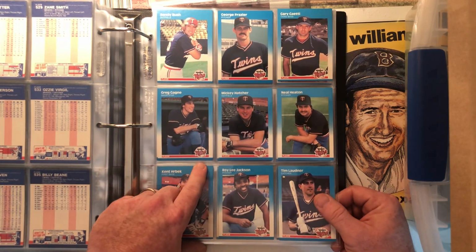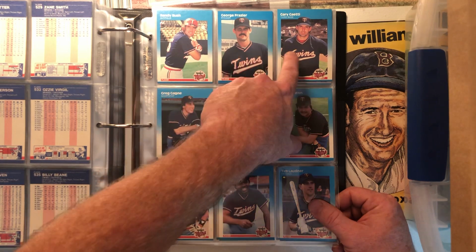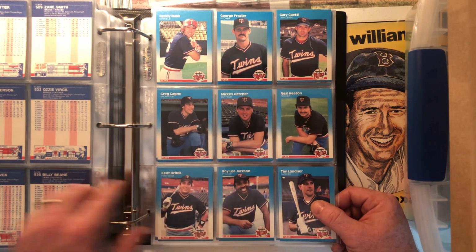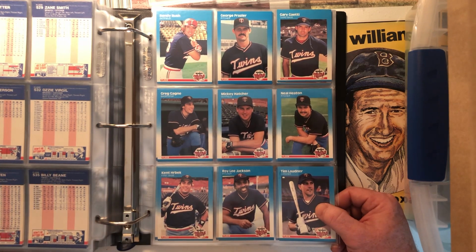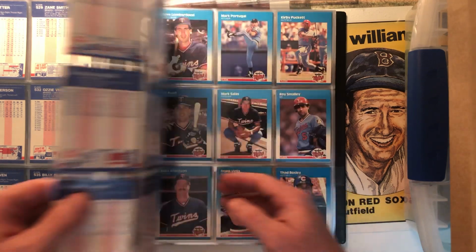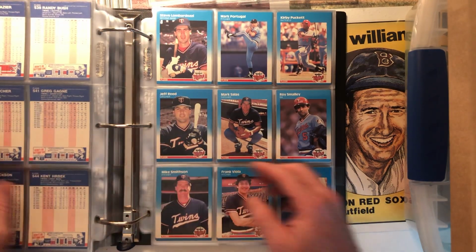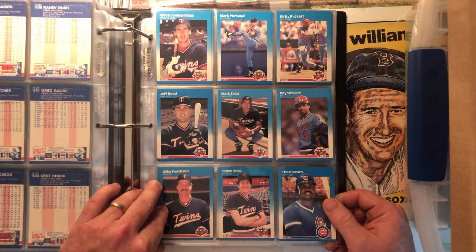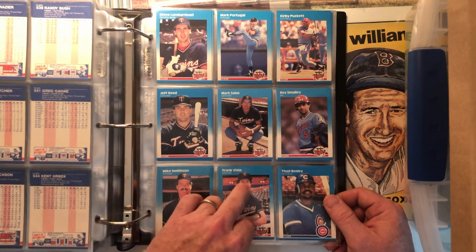Several of these Twins I remember from their next time in the World Series, which was, '87? I believe they ended up winning the World Series this year. I think they ended up playing the Cardinals, if I remember correctly, in '87. It's Kirby Puckett, Frank Viola,